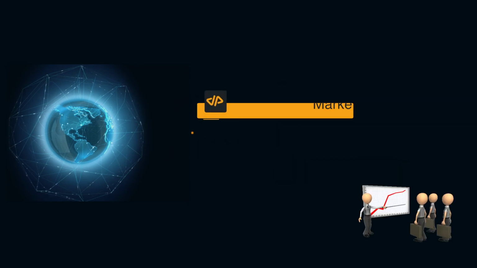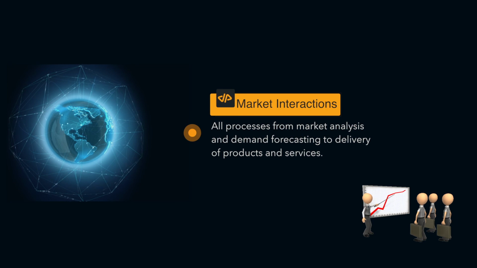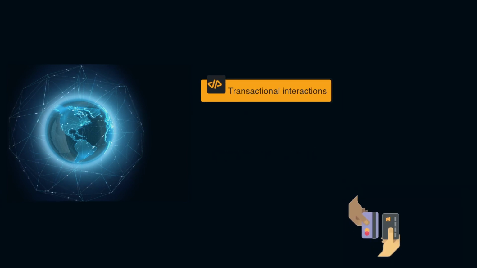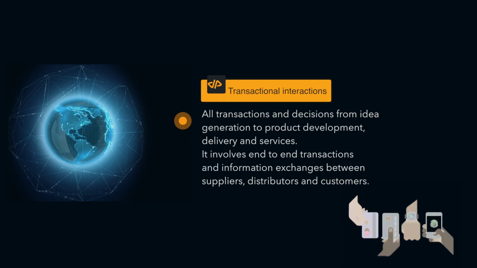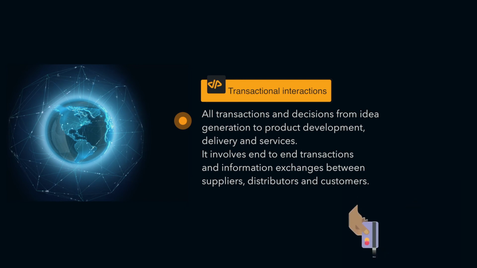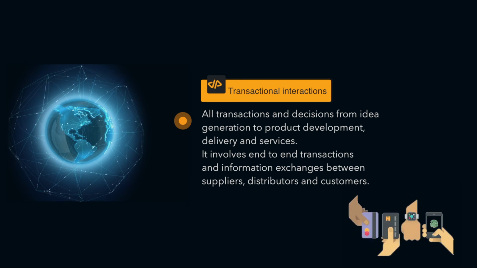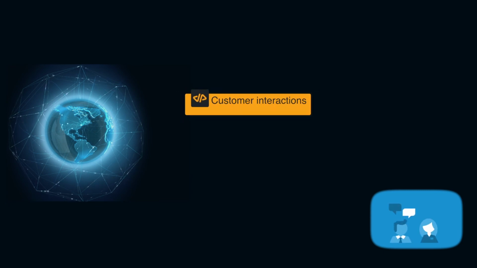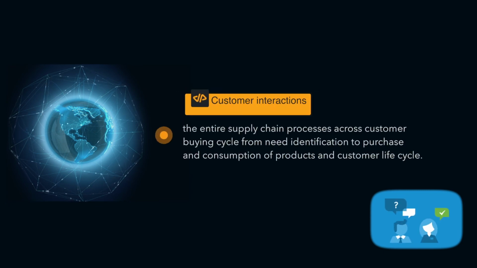The market interactions cover all processes from market analysis and demand forecasting to delivery of products and services. The transactional interactions are all transactions and decisions from idea generation to product development, delivery, and services. It involves end-to-end transactions and information exchange between suppliers, distributors, and customers. Customer interactions include the entire supply chain processes across the customer buying cycle from need identification to purchase and consumption of